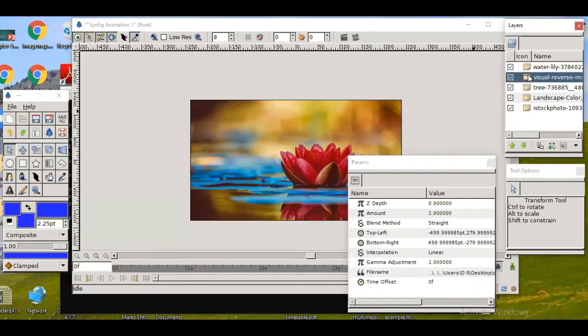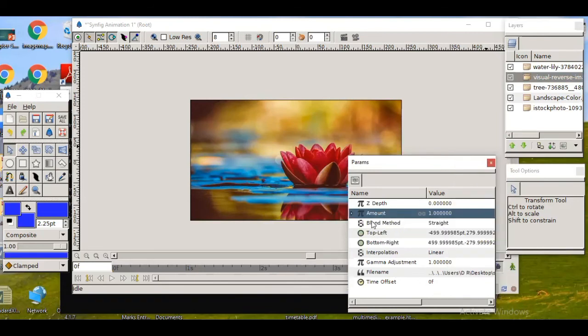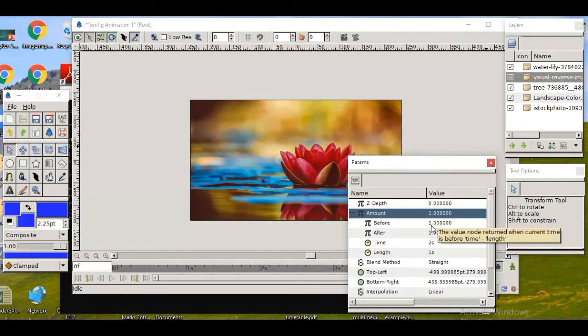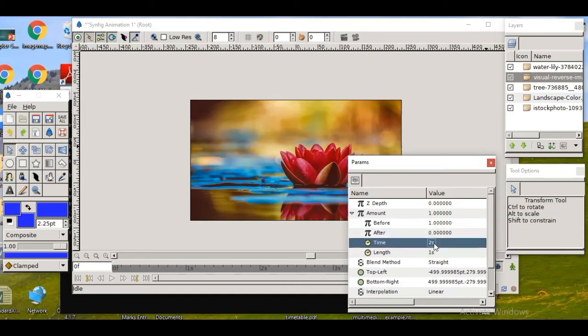Same thing do in the second layer. Amount, right click, convert, time swap, and then click on this triangle, before 1, after 0. Now here one more thing we have to do. Since the first layer is visible for 2 seconds, here we are supposed to make it 4.